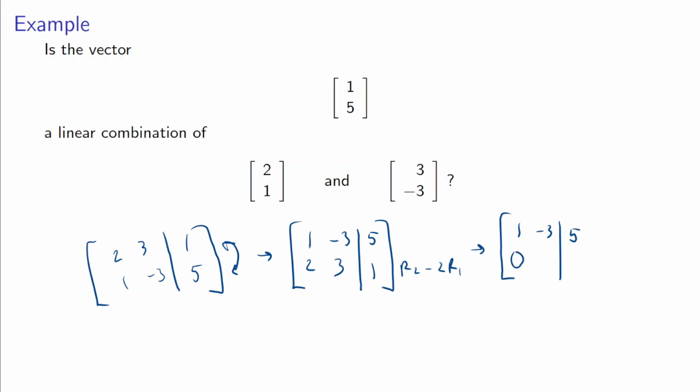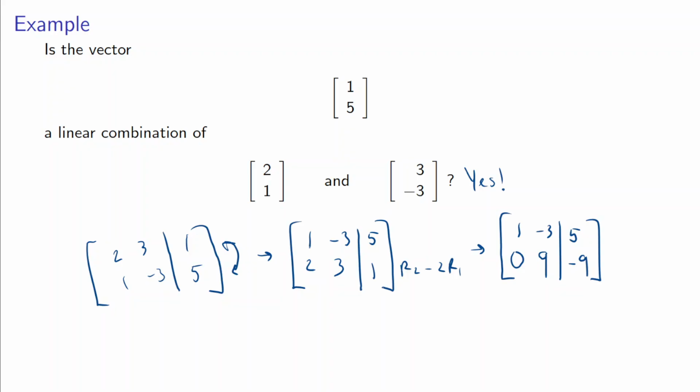So we'd get a 0, 2 minus 2 is 0, and then 3 plus 6 is 9, and then 1 minus 10 is negative 9. So at this point, we could actually go for a solution. Actually, at this point, if all we cared about was the yes or no answer to this question, is this vector a linear combination? We should be able to say, yes, this is a linear combination, because at this point we can maybe tell,